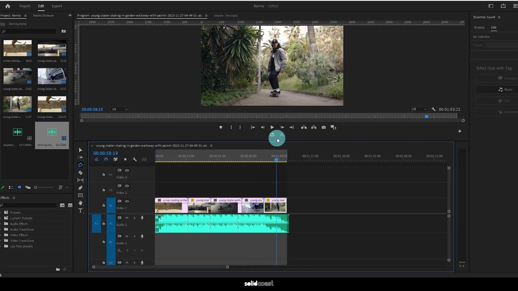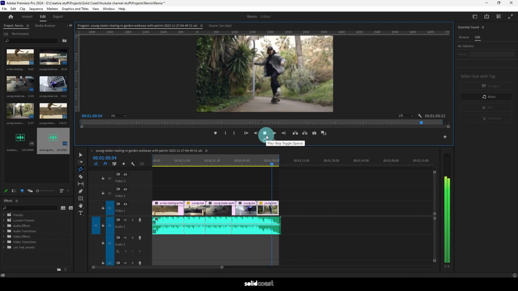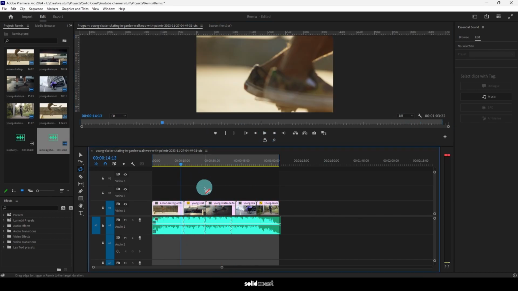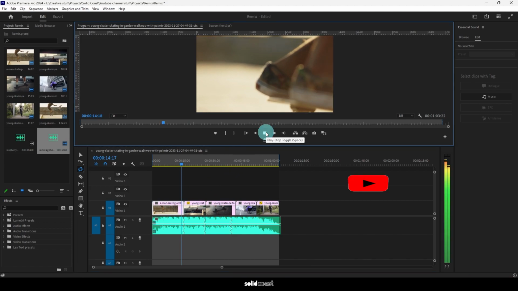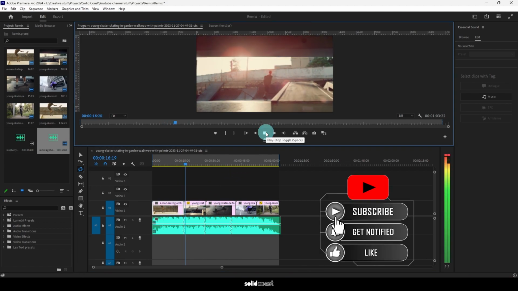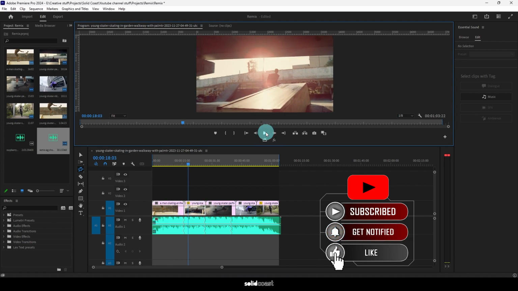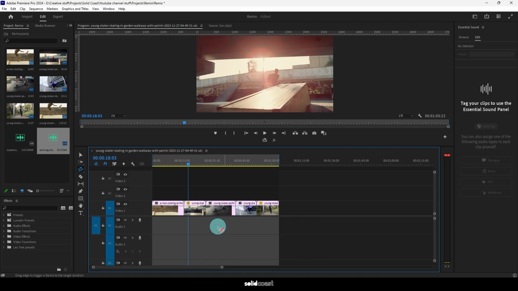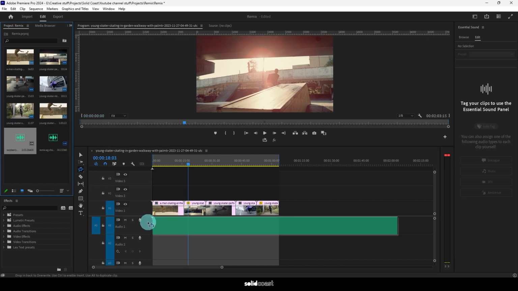So this is the end of it. That's kind of how we want the end of it. And then if we go to where it's stitched together, it just plays through smoothly. Absolutely insane. And conversely, if you have the opposite situation where you drag some music in and it's too long,